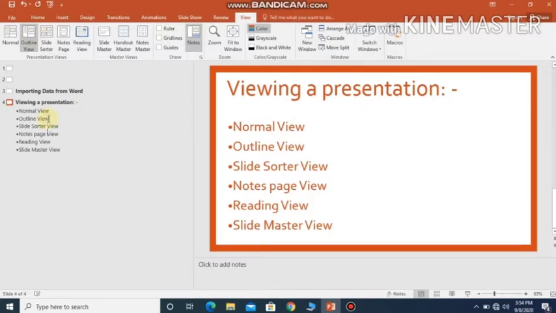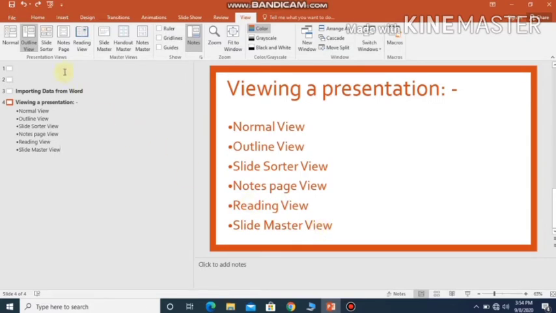Okay, so if I want, I can just edit over here. Okay children, you just observe here. If I make any changes here, it is just changing over here also, right? So this is how you can do. You can easily make addition to your slides. Okay children, hope it is clear.